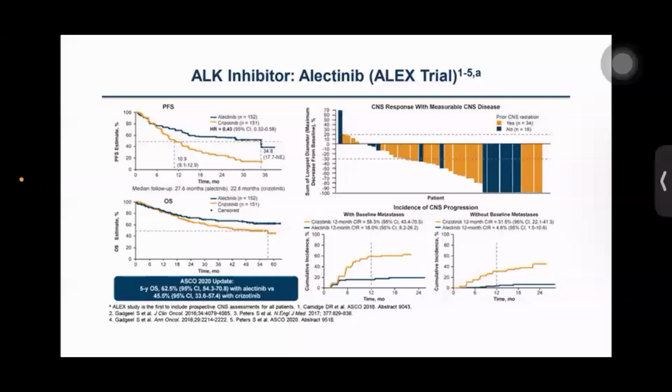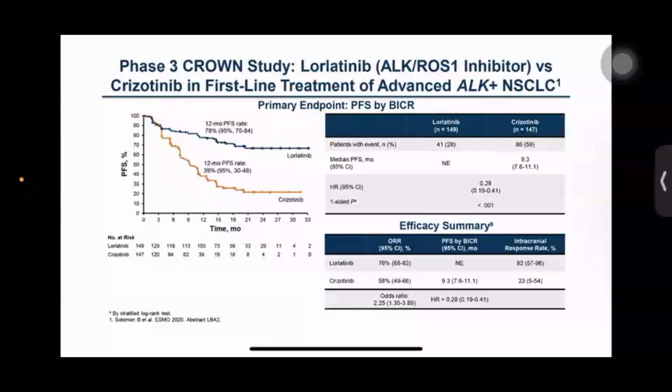If you can see in all the 4 Kaplan-Meier curves, the curves are widely separated with a significant benefit for alectinib compared to crizotinib, and the hazard ratio for PFS was around 0.4. Coming to the CROWN study, lorlatinib, and the update is going to be presented in the coming ASCO. So lorlatinib has also significantly improved the progression-free survival compared to crizotinib with a very significant hazard ratio of 0.28,